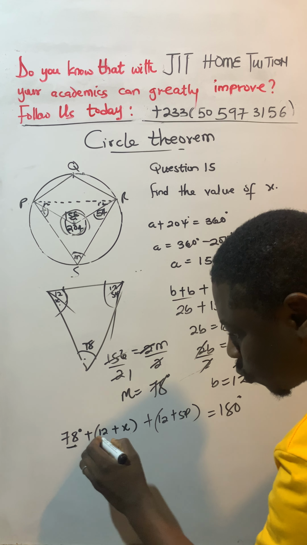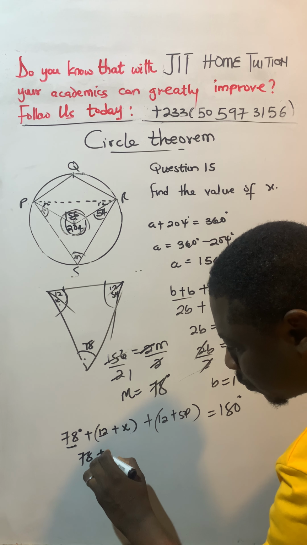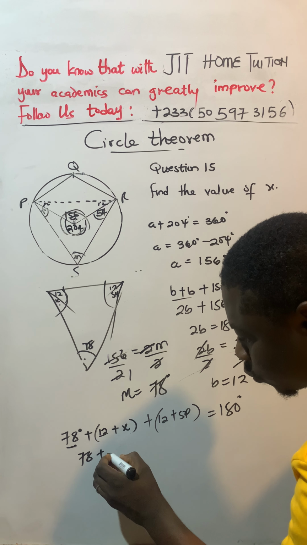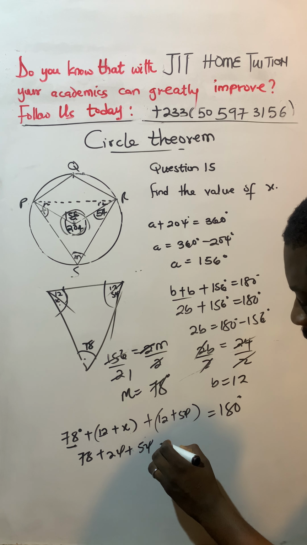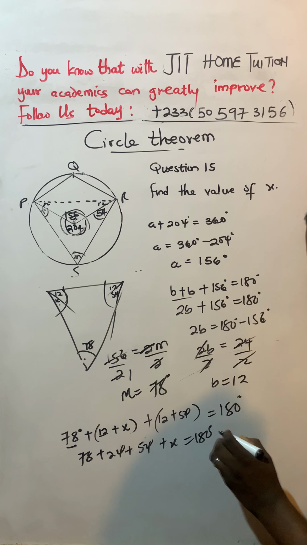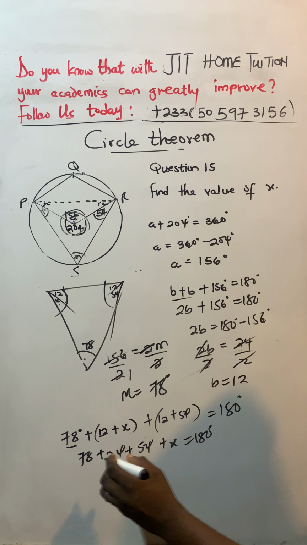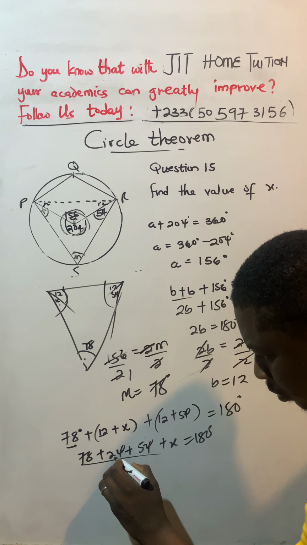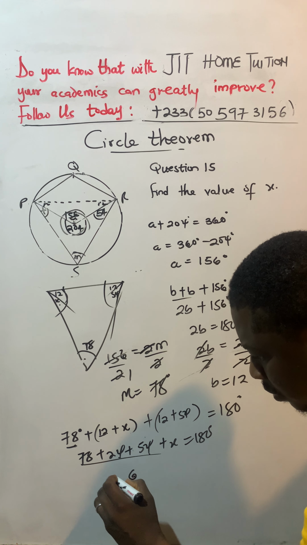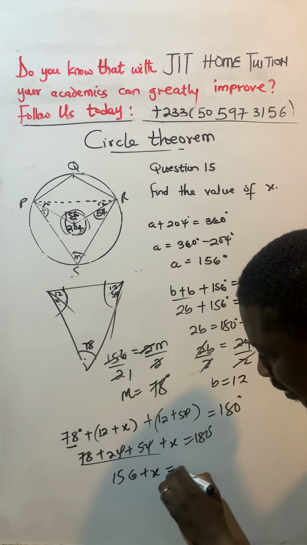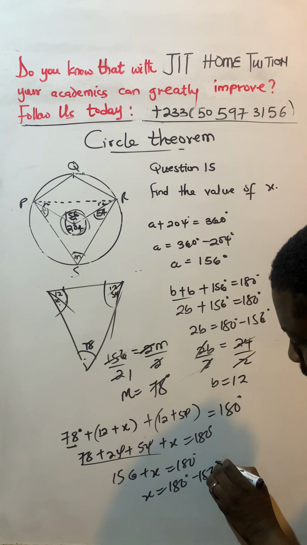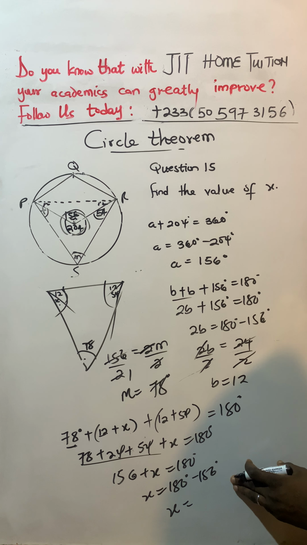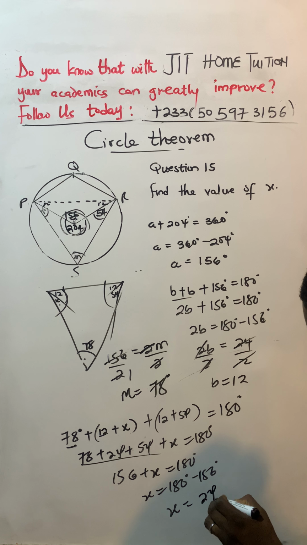So when you put these together, that's 78 plus 12 plus 12, that is 102, plus 54 gives 156 plus x equal to 180 degrees. x is equal to 180 minus 156. And x will be equal to 24. Therefore, the